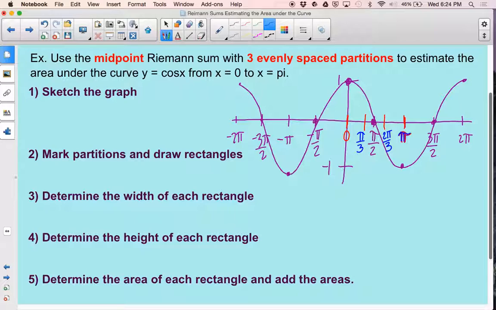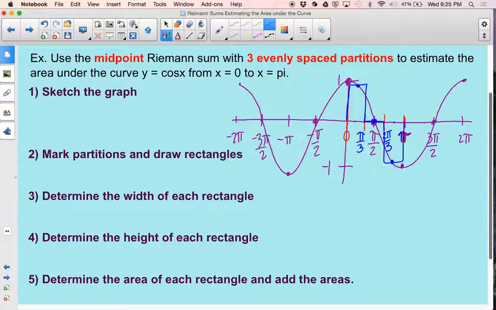Okay? Now when it says the midpoint, that means that you're in the middle. So right here, and I'm going up to the graph from the middle of my interval. So I'm at the middle, and I go left, right, and down. Now the middle here, between pi over 3 and 2 pi over 3, is actually on the graph here. And so this is the case like before, where if the top of your rectangle is actually on the x-axis, then your rectangle doesn't have any height. Okay, now between 2 pi over 3 and pi is about here. So I'm going to go down to my function,